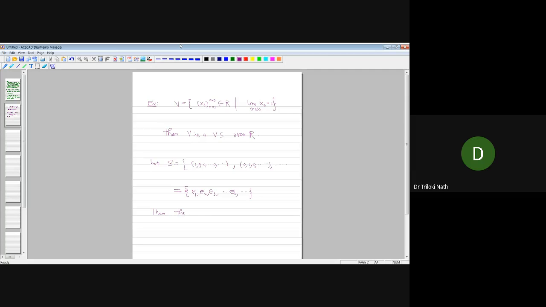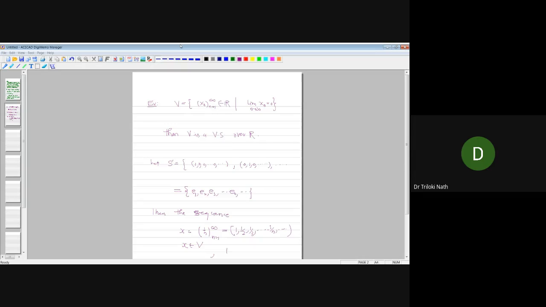Then the sequence, let us take x equal to (1 by n), n equal to 1 to infinity. And you know very well what this is. This is 1, 1 by 2, 1 by 3, and so on, 1 by n, and so on. So no term is 0. Here each and every term is non-zero. The first term is 1, the second is 1 by 2, the nth is 1 by n, and so on. So you see, the natural question is whether this vector x belongs to V. Does x belong to V or not? What do you say?